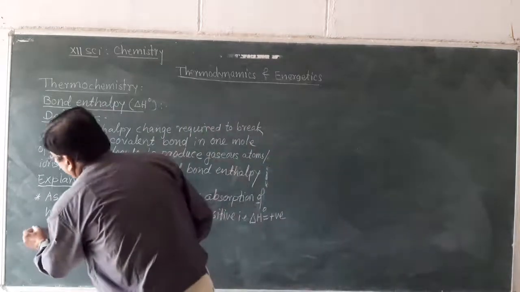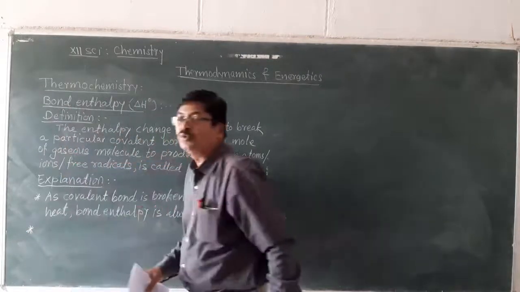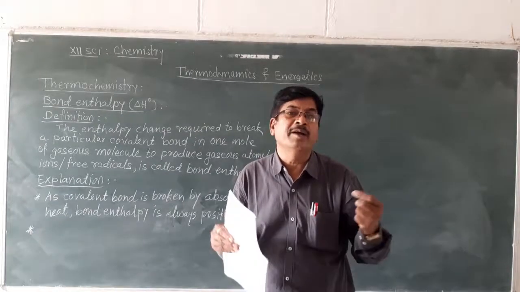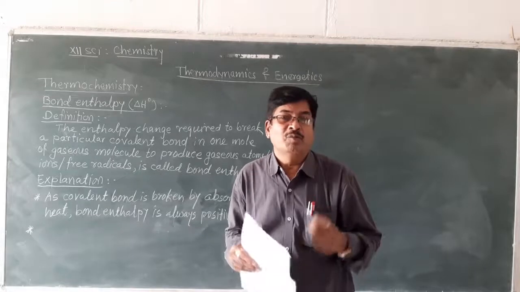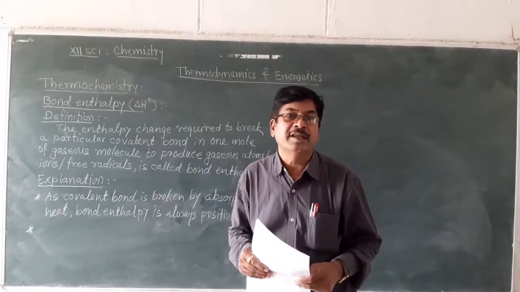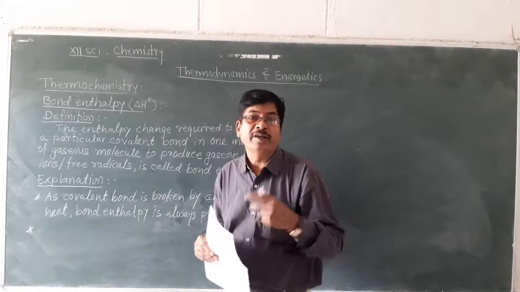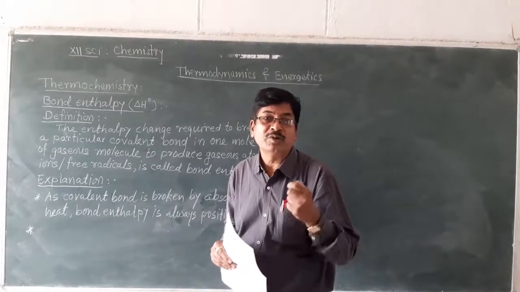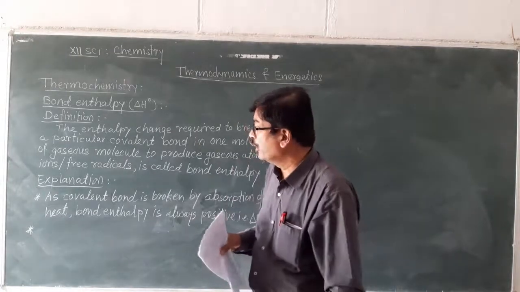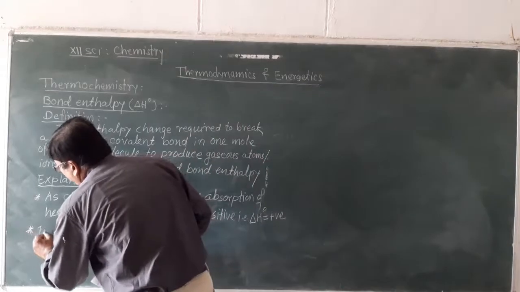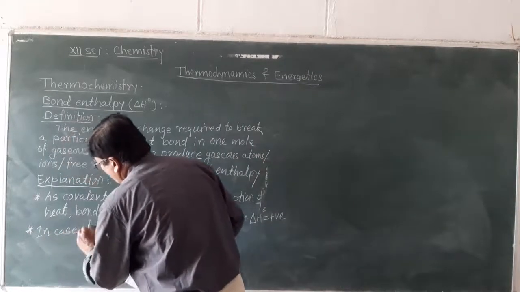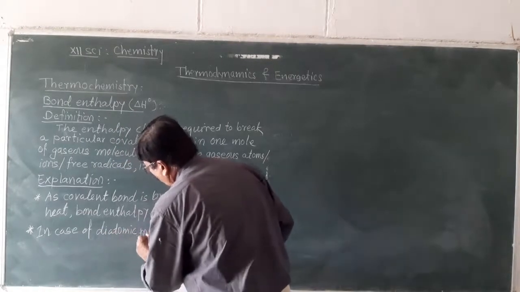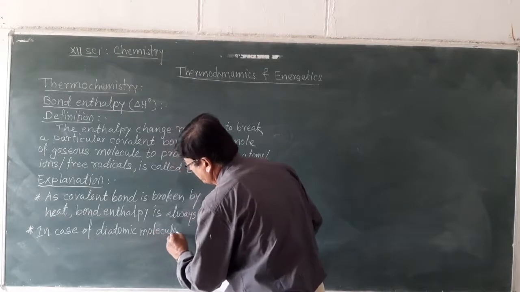Second, there are three types of molecules: monoatomic, diatomic and polyatomic. Monoatomic molecules exist in case of inert gases. They don't have any chemical bond. Therefore, forget about monoatomic molecules. You think of only diatomic and polyatomic molecules. In case of diatomic molecules, molecules containing two atoms,